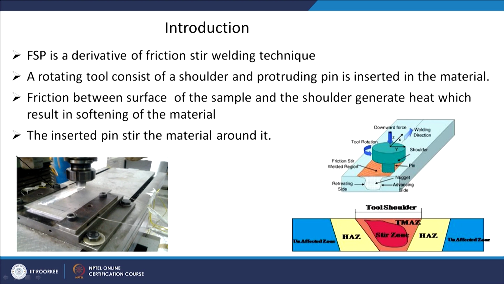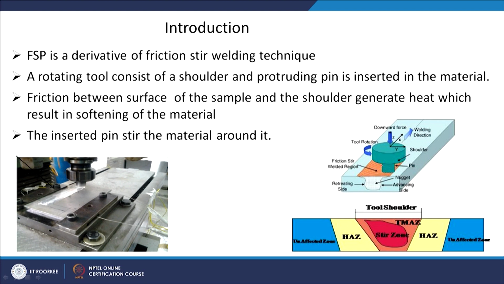Then this rotating pin stirs the material around it. So this soft material will be continuously stirred around the pin. Now suppose you have started moving this tool at a certain traverse speed. Then the material from the front will be taken back where the cavity is created because of the movement. When the tool is moving, it will of course create a cavity behind it. So this rotation will take the material from the front and deposit it at the back.